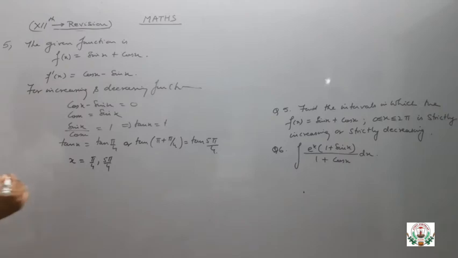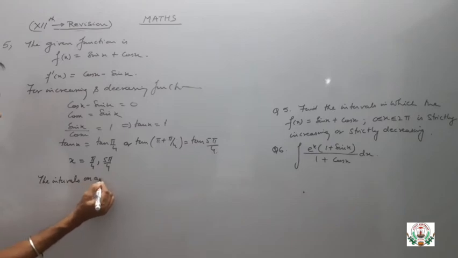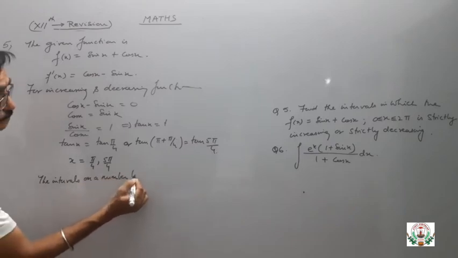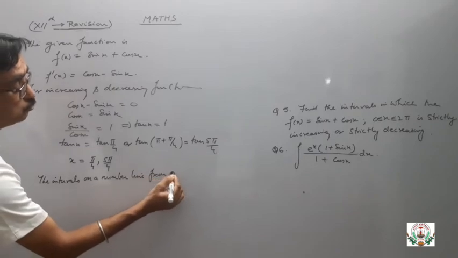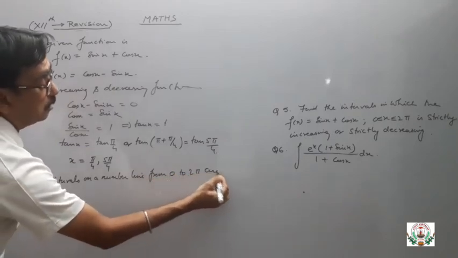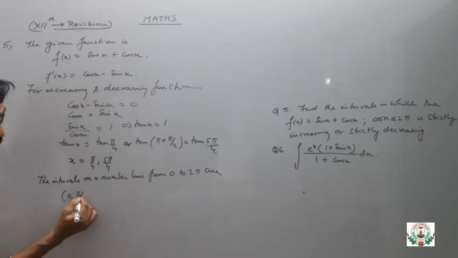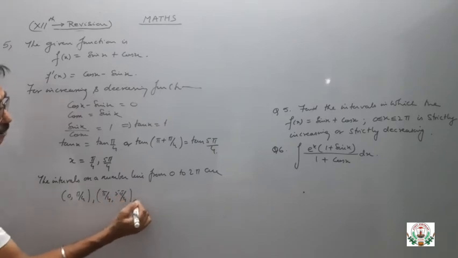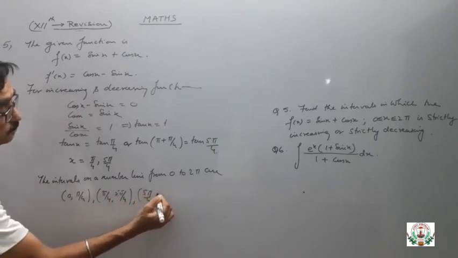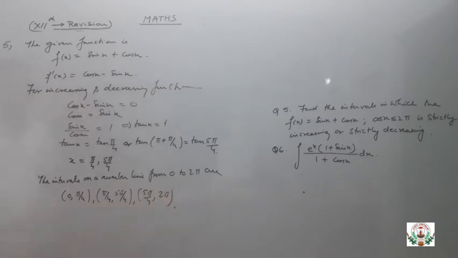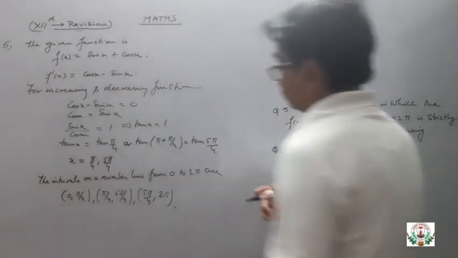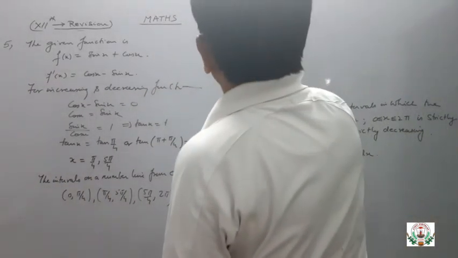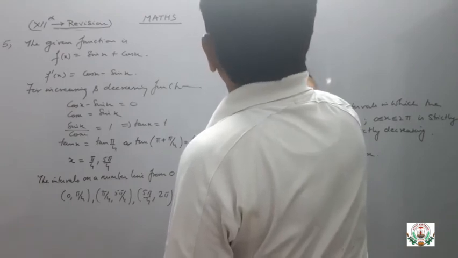Now our number line. The intervals on a number line from 0 to 2 pi are 0 to pi by 4, pi by 4 to 5 pi by 4, and 5 pi by 4 to 2 pi. In these intervals we have to check whether f dash x is positive or negative, that is, whether the function is strictly increasing or decreasing. So in the first interval, 0 to pi by 4,